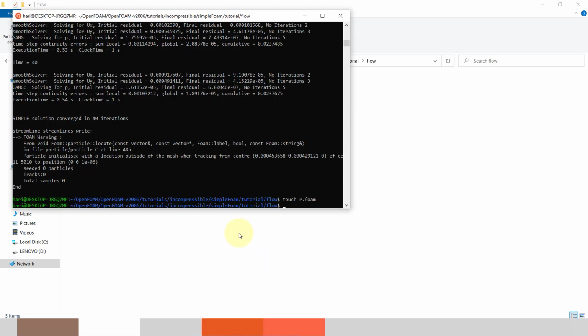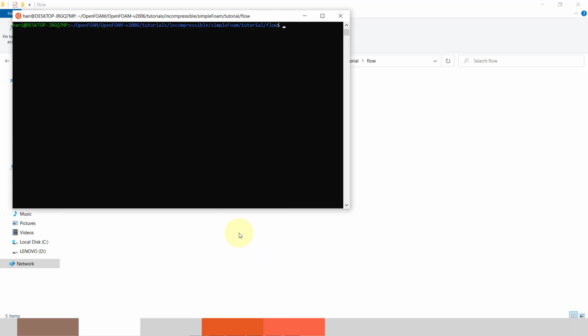I will just write fluentMeshToFoam and then the file name 2d.msh.